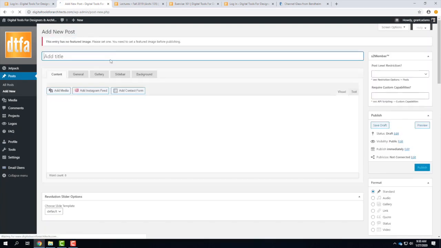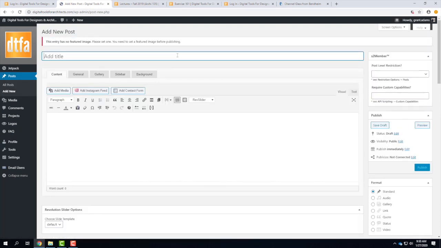And this will bring up the editor where I can actually make my post. It's pretty easy. It's kind of like Word. What you see is what you get. You don't have to know any special code, though you could know code if you wanted to. And so I would say this is a glass curtain wall.